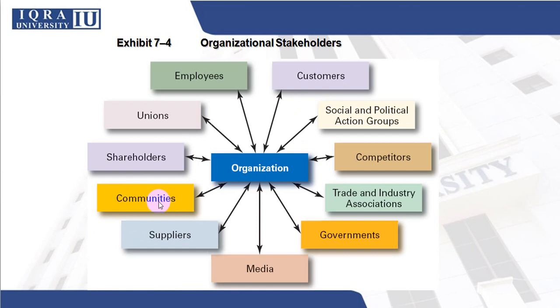If I talk about the communities, we live in societies and we have several communities. So the organization should make sure that it does not ruin the values of the communities. Then we have employees. The organization is running with the help of the employees, the workforce, the human resource that the organization has. So employee power is a great power. The organization's decisions definitely affect the employees and their lives as well. So organizations should again make sure that employees are not negatively affected by its decisions, or the organizations should favor the employees' interests and actions as well.